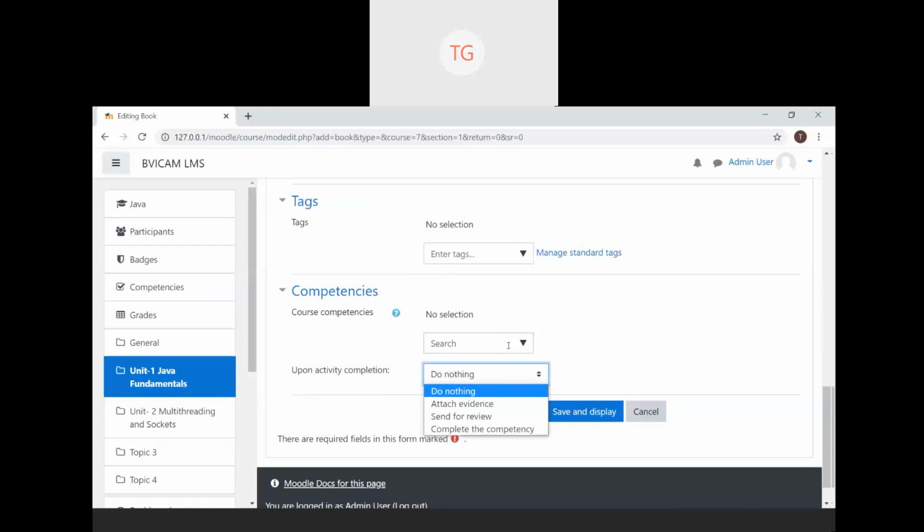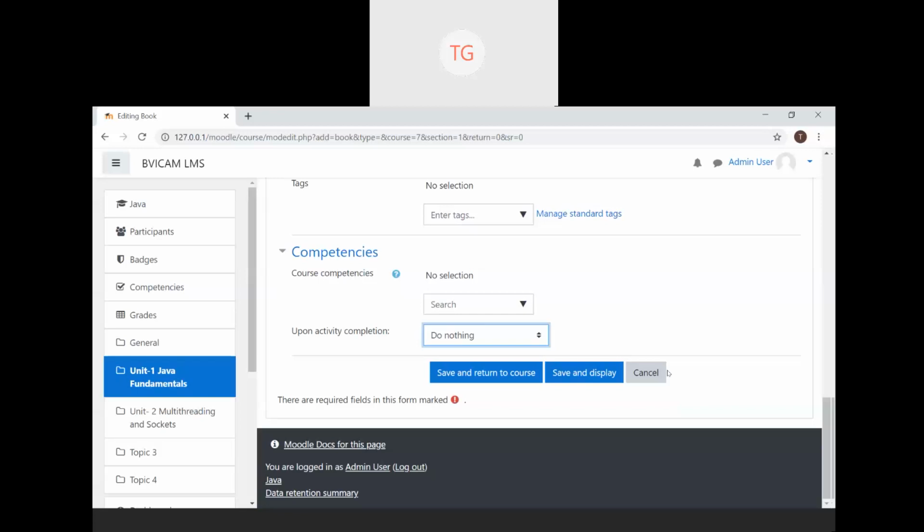Then you can also review the competency. Say the student says, I was able to understand the basics, but his grade does not match. He's got less than 50% in my first assignment relating to this resource. So I'll say, okay, go and take that assignment again. I can review his competency as well. So these are the different kinds of features available when you create a book.